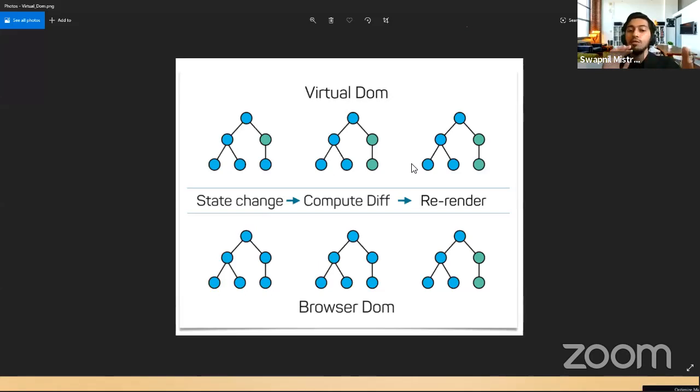Now what is a virtual DOM? Let me make it clearer. You can see two DOMs over here. The first one is the virtual DOM and the other one is the browser DOM. Whatever contents you see on the website get rendered inside the virtual DOM, and React has a virtual DOM itself over here. So whenever you make any changes on your web page, the virtual DOM takes the difference